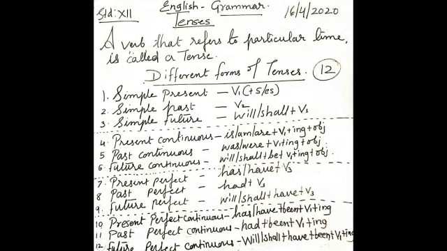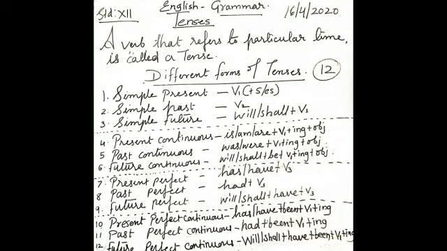The first is present tense. What is the present tense? It indicates the just now or the going on period at hand now. For example, I read, I brush my teeth. Here brush is the verb which is in present tense. She goes for work every day. Goes is in present tense.